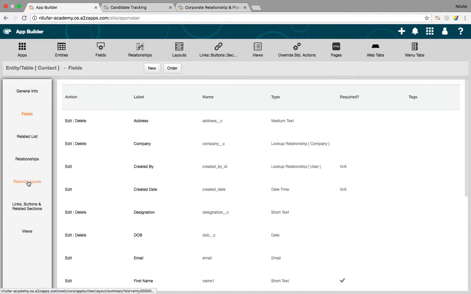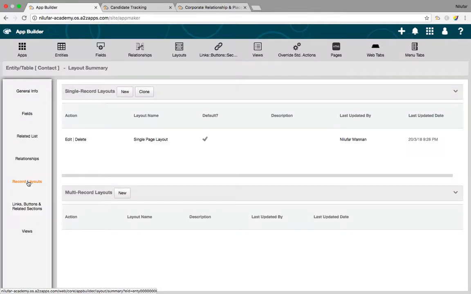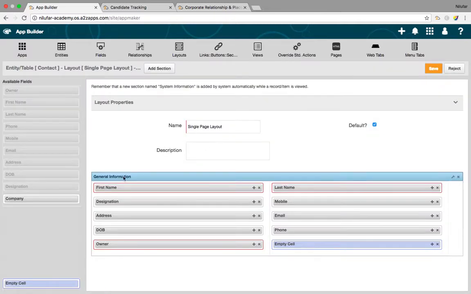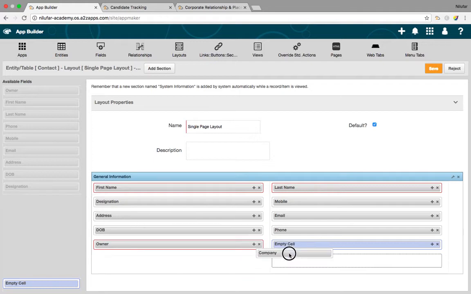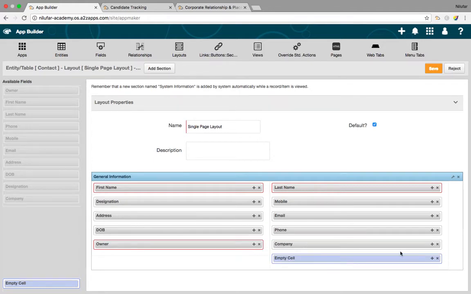So I'm going to go to my record layout, and I'm going to include that field also in my layout, so then I can update that. You can see this company field has come, so I'm going to include this in my layout and save it.